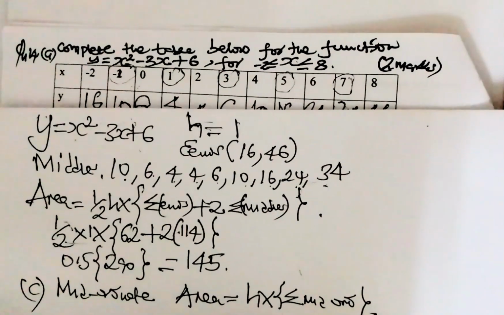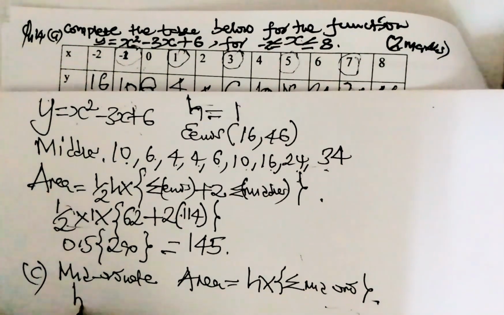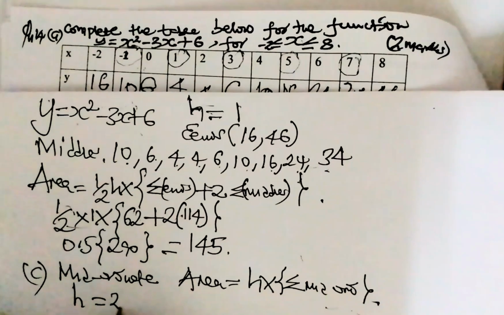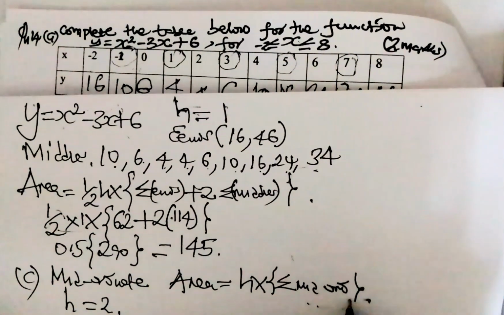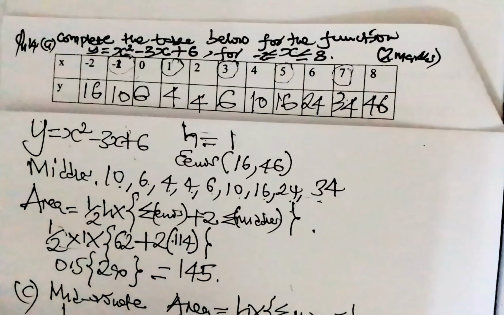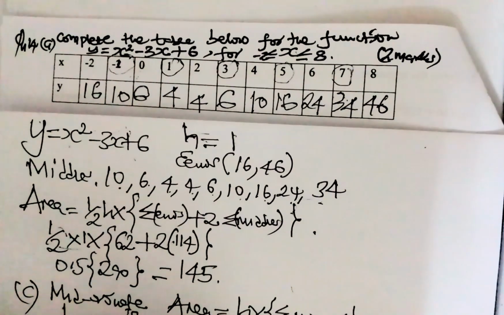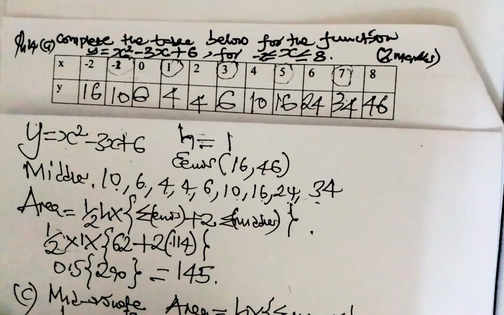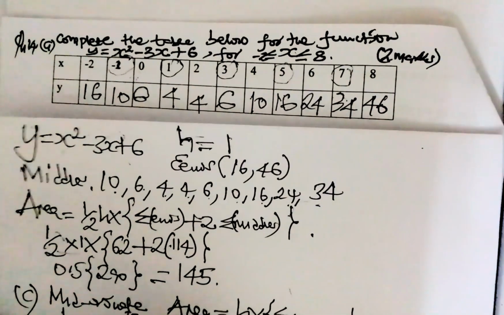And our common height, we have seen, is equivalent to 2 units. And what are these mid-ordinates we are talking about? The first mid-ordinate is 10, so it will be 2 multiplied by 10, this one here, plus